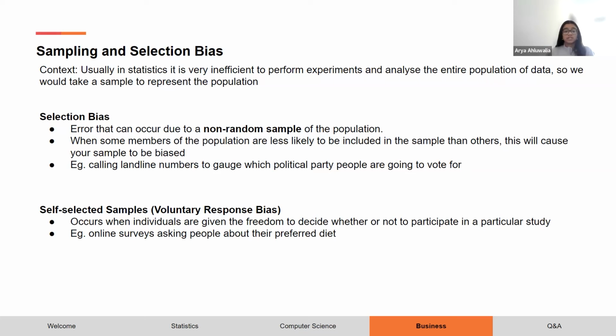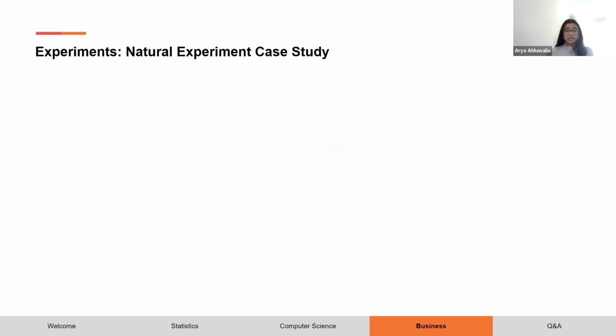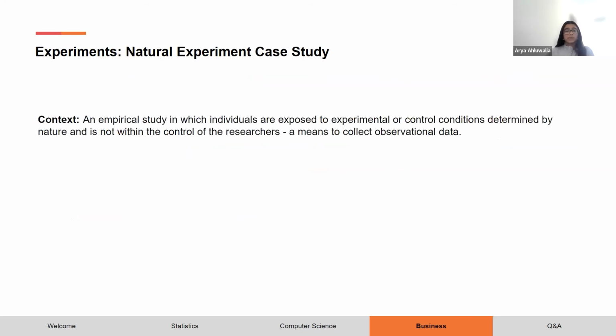So it's important for the sample to be selected completely randomly to avoid bias. So let's look at an example of a natural experiment. A natural experiment is basically an empirical study in which individuals are exposed to experimental control conditions, but they are determined by nature. So this is a way to collect observational data because it's not in control of the